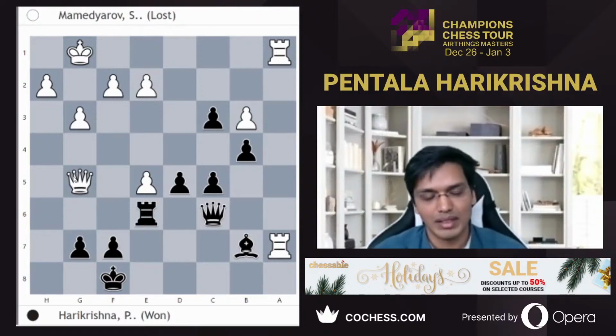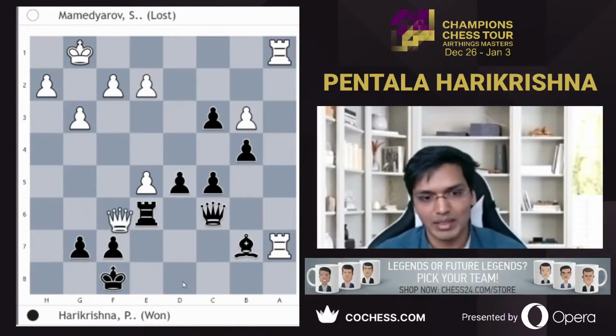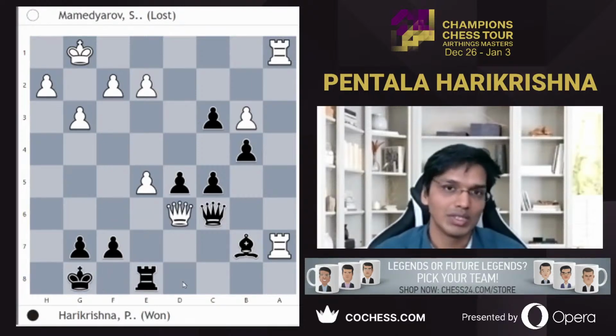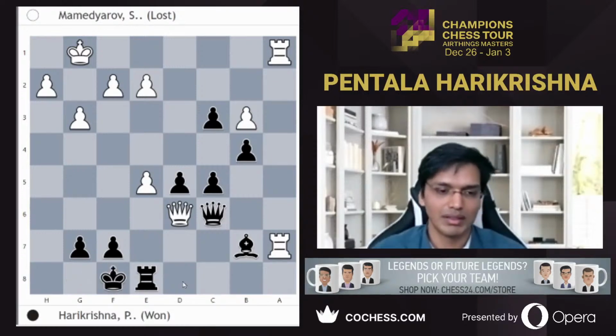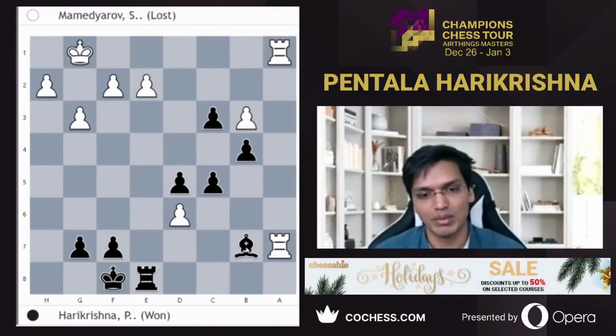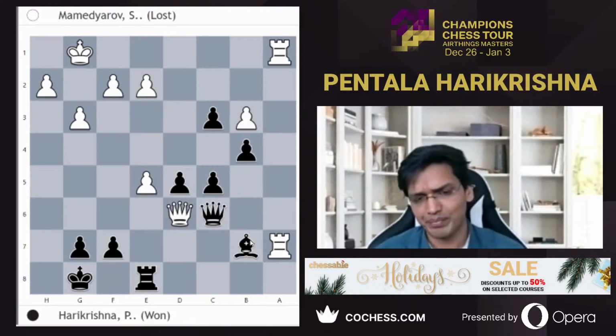Rook e6, as queen d8 was threatened. Let me make an arrow. So rook e6, queen d8, rook e8, queen d6, and king g8. So here, instead of king g8, queen d6 leads nowhere, as e takes d6, and cannot defend the bishop on b7. So therefore king g8. And here I remember that many,